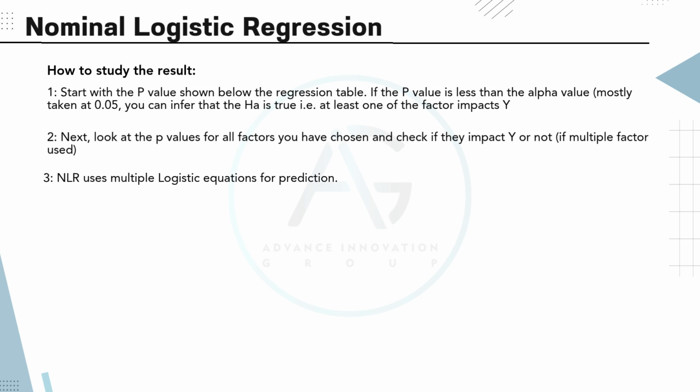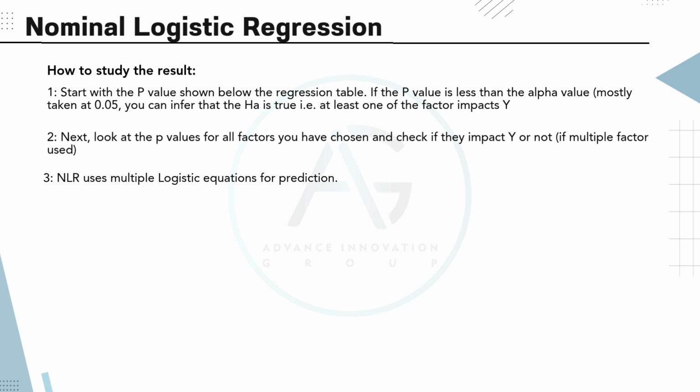Example scenario. Suppose a car company is trying to understand how price influences the choice of car color. NLR helps us analyze whether higher or lower prices lead to a greater probability of choosing red over yellow or black over yellow. This model is particularly useful in marketing segmentation, consumer behavior analysis, and classification problems where there are